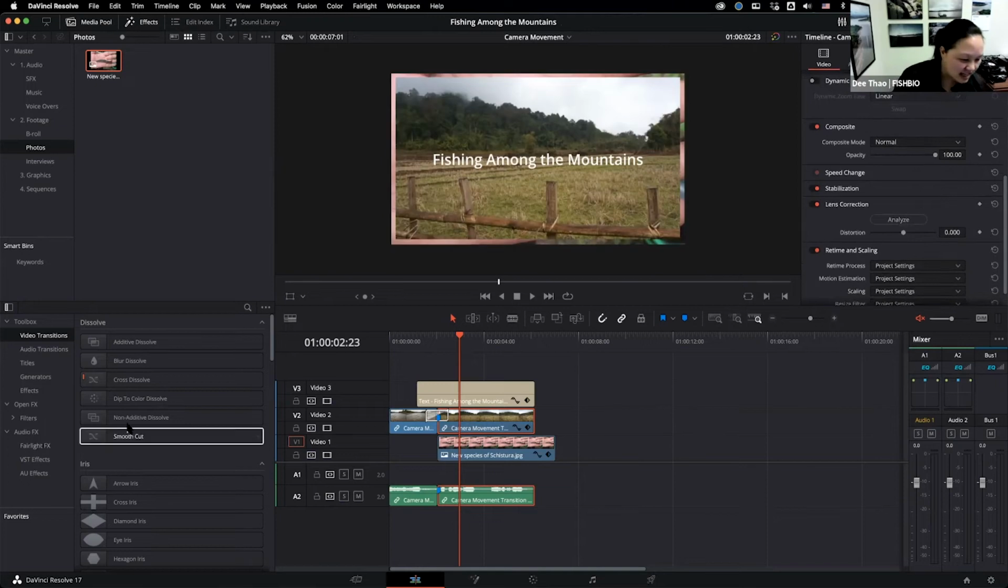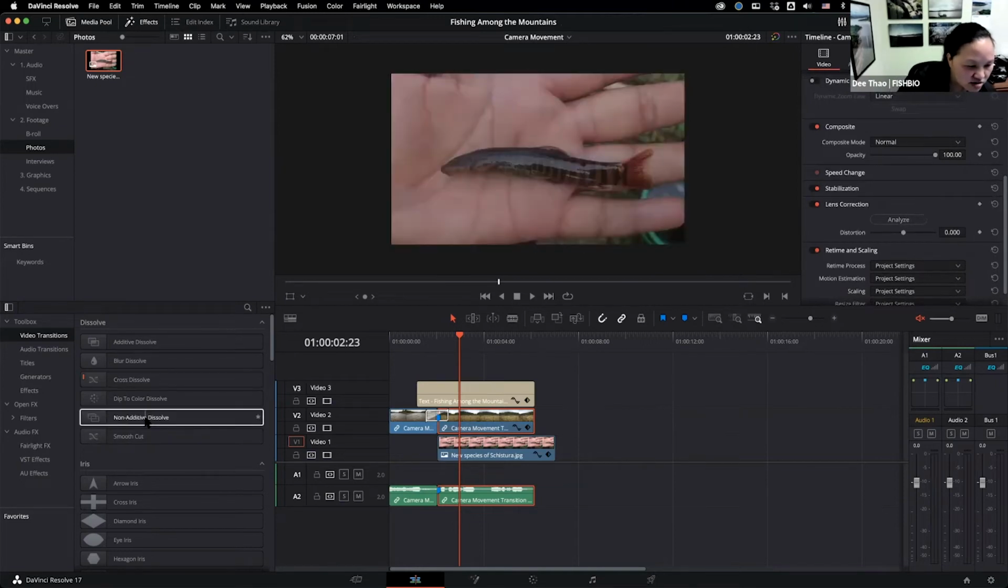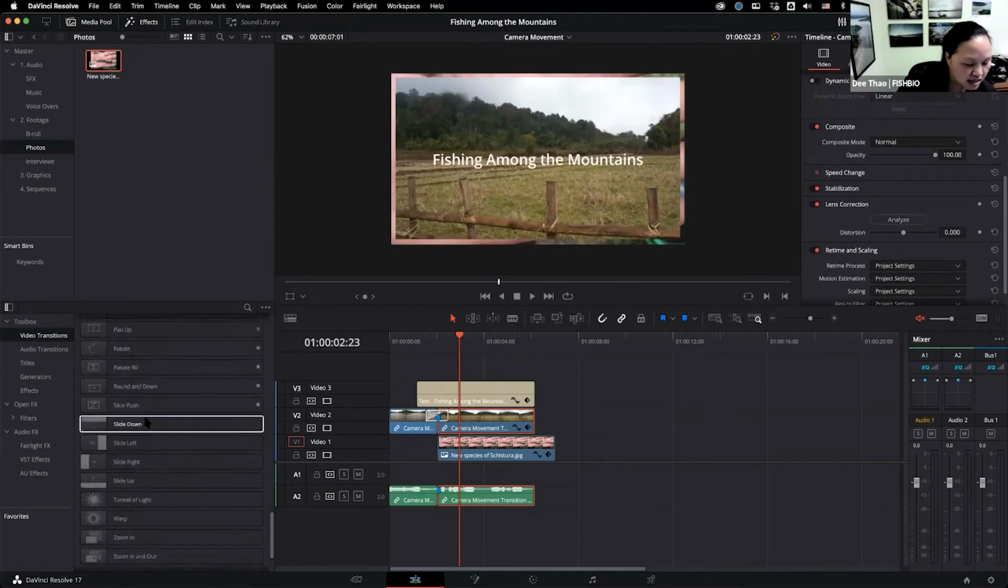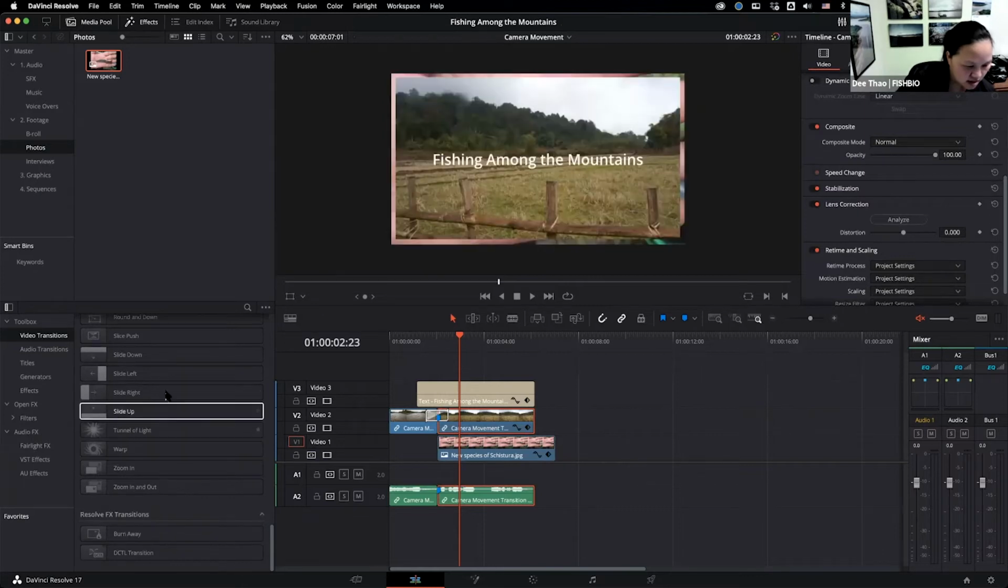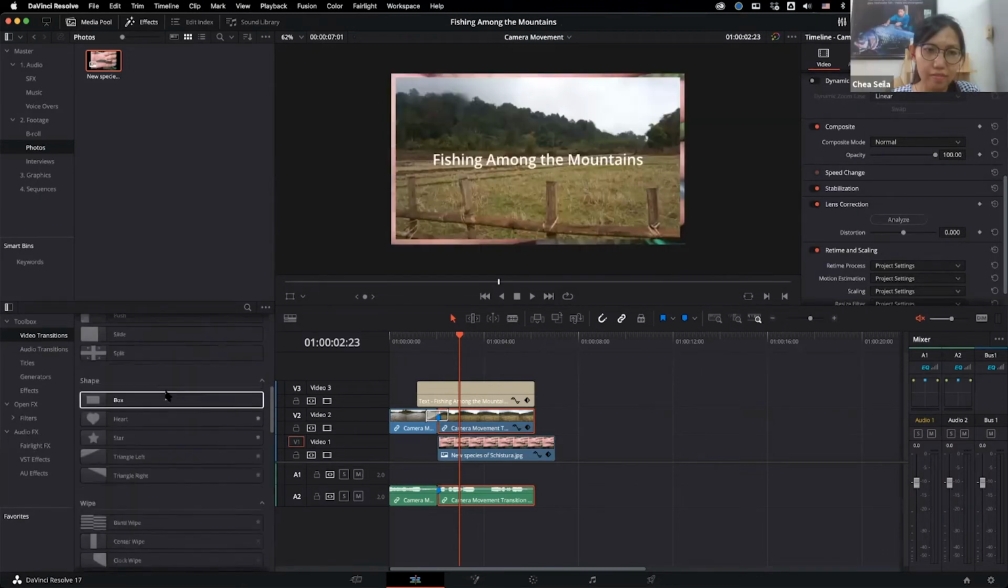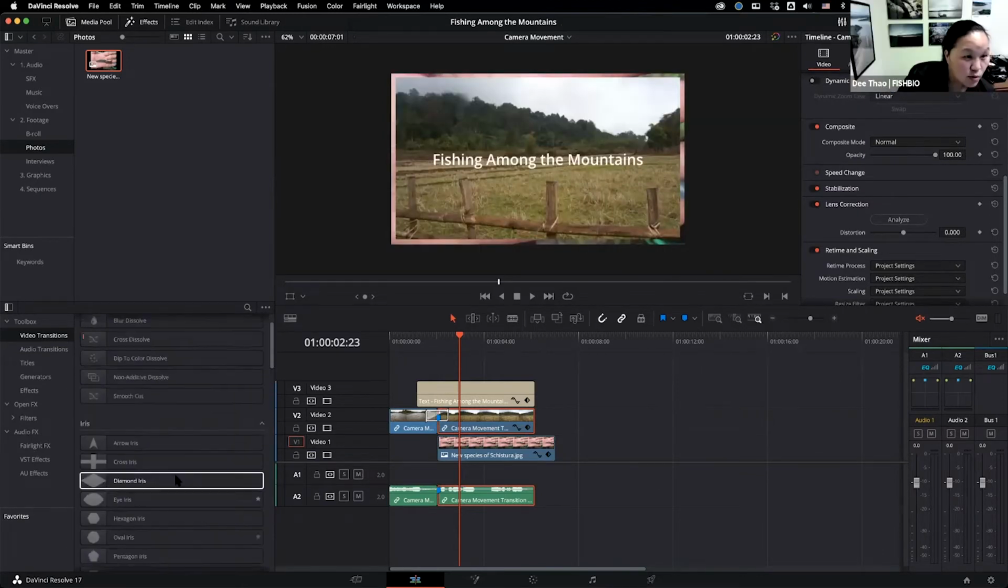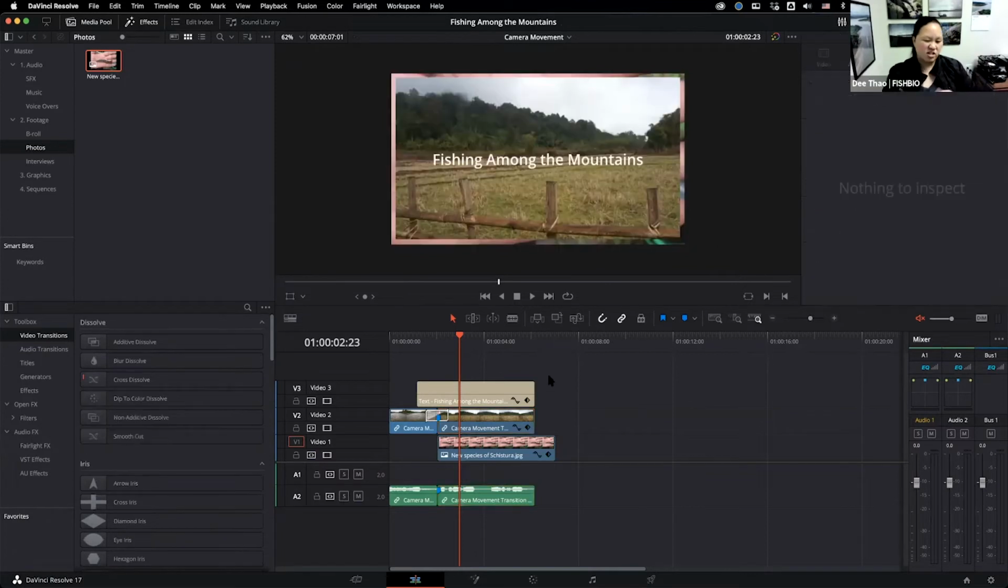Since I can't see, I don't know if they have the generators to be able to create the graphics, because I haven't used the graphics yet in this program. But this is another way that you can do it, kind of find an alternative way of being able to create those